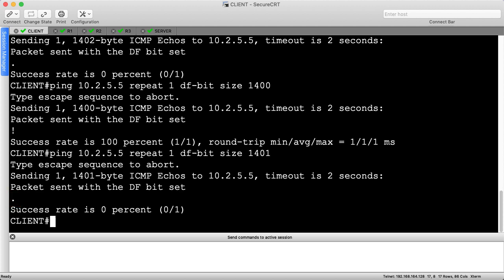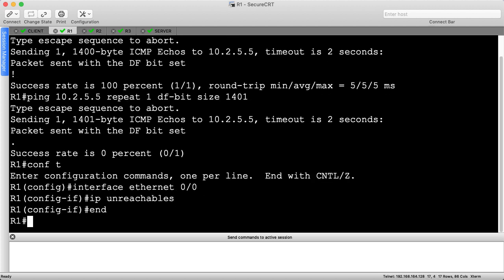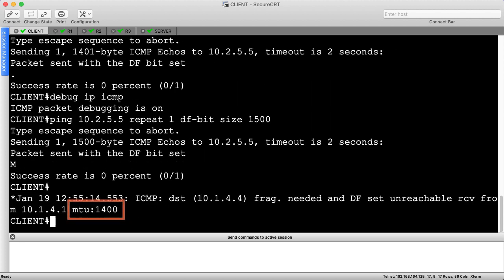Now that we've done it the hard way, I'll show you the super easy way. I'll enable ICMP unreachables in the network so that the new packet too big message is sent back, rather than the ping timing out. Then I'll turn on ICMP debugging and send a 1500 byte packet again, being sure to set the DF bit. The packet too big unreachable message carries the available MTU in its payload, making it easily accessible to the client